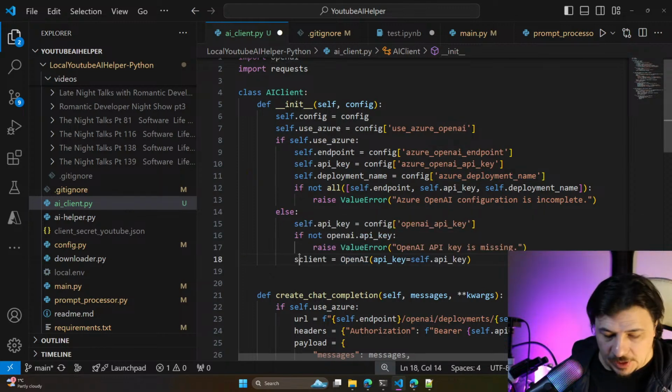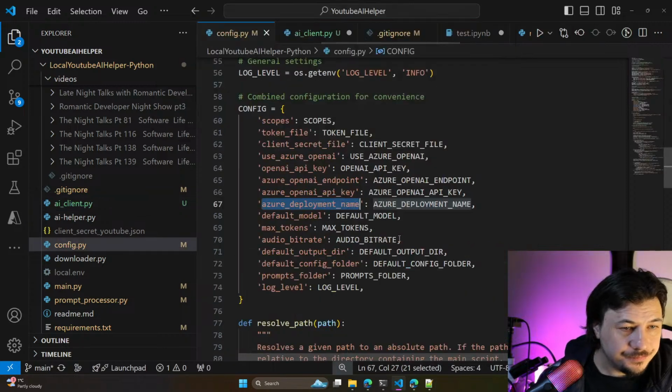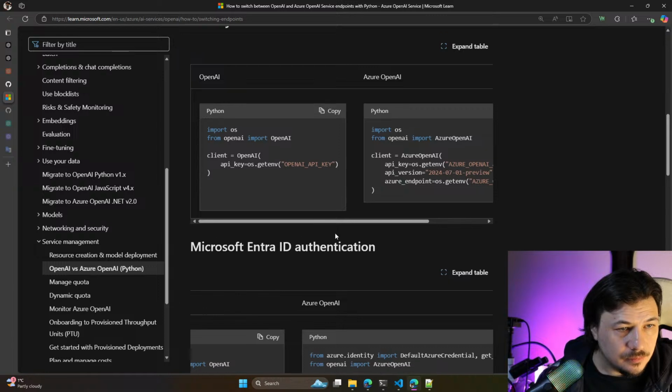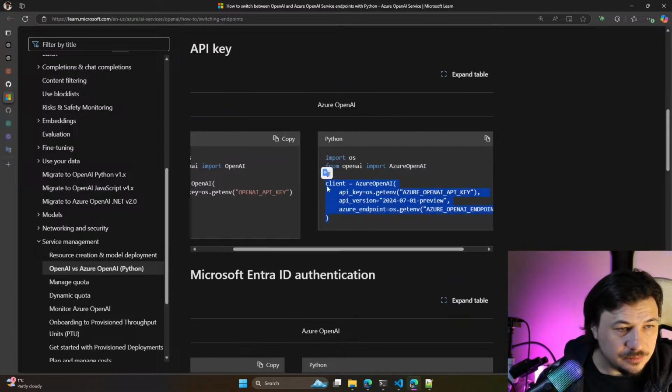OpenAI, and we call it self client, and in that way we will use the client like that.